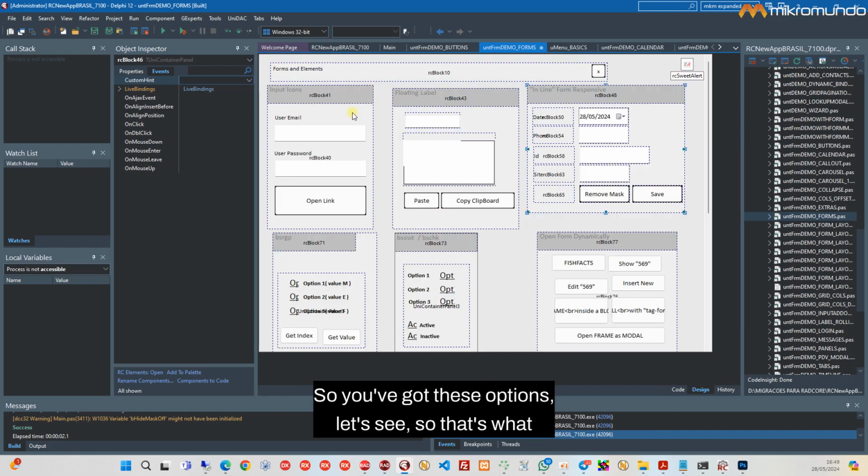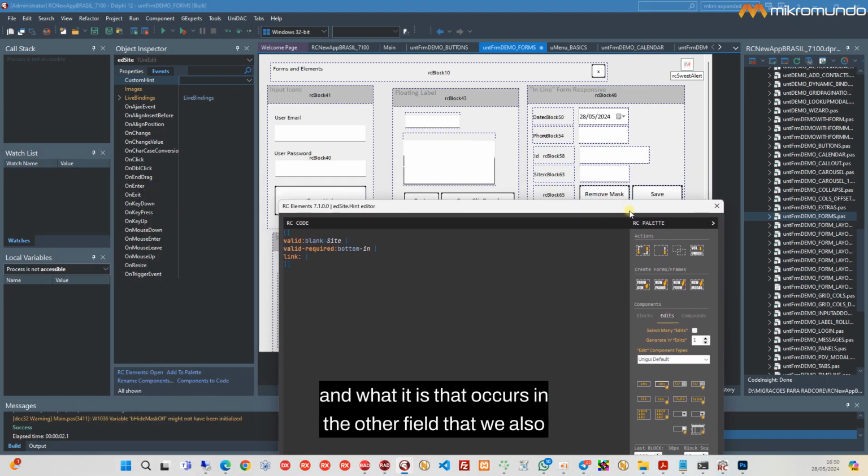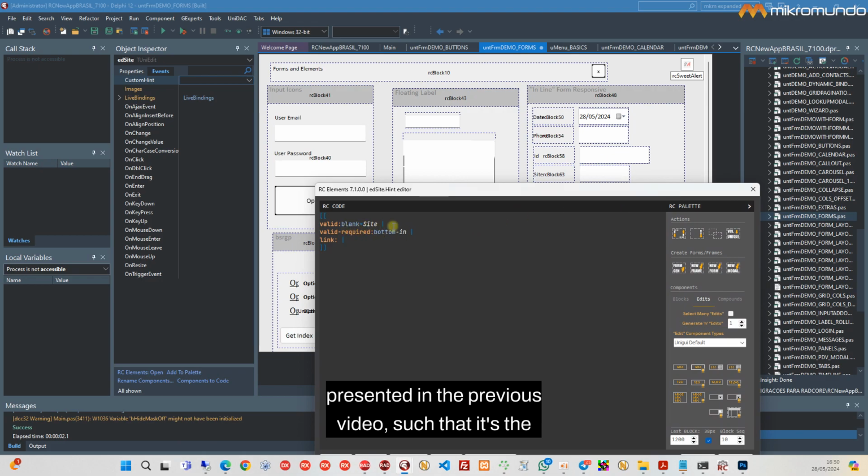Let's see. So that's what occurs in the validation of the id field and in the other field that we also presented in the previous video, the valid blank site. Okay, a detail that we're looking at also now is that in addition to the valid attribute we are seeing here the valid required. Okay, so this is an attribute similar to valid, but we will see now in execution what it also offers for the application. Okay, so let's open the